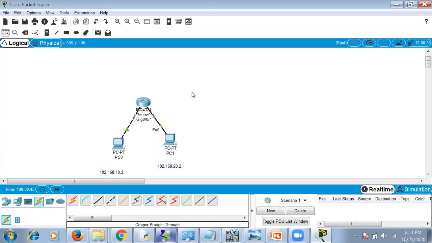In this session, we'll see how to connect two routers. In the last session, we've seen how to connect two PCs to a single router. So a router was connected directly to PC. Usually a router is used to connect two different LANs, and they are not usually connected directly to PC.